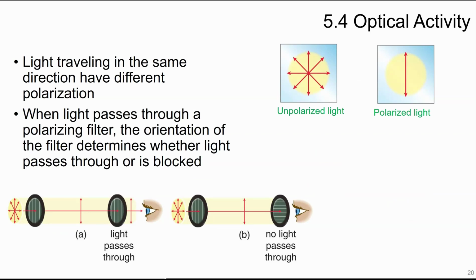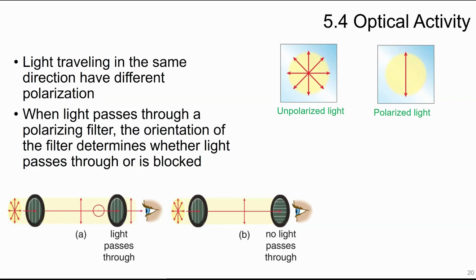If you can see the figure here, this is unpolarized light that can go in all kinds of different directions. And when you have polarized light, it passes through a filter that polarizes the light, and then the orientation of the filter determines whether light is blocked or it passes through. In this case, over on this side, there's light that's passing through only in one direction. If you have polarized sunglasses, the light that's unfiltered will pass through